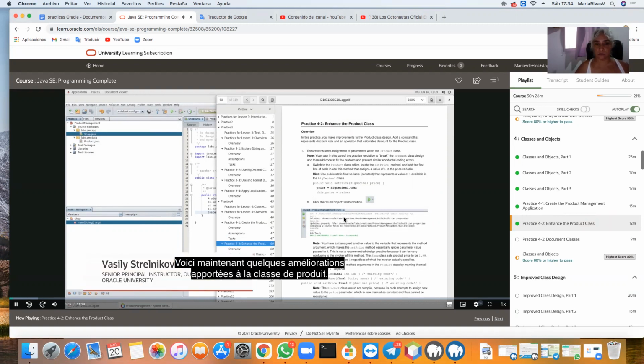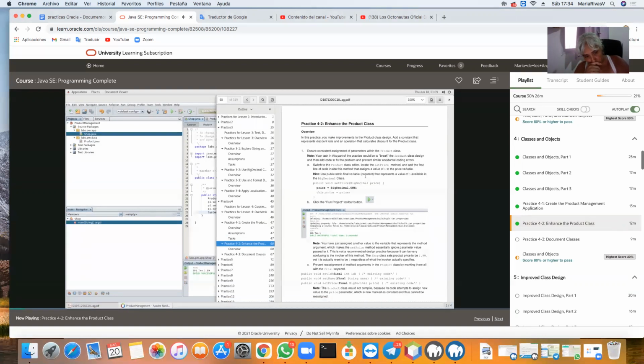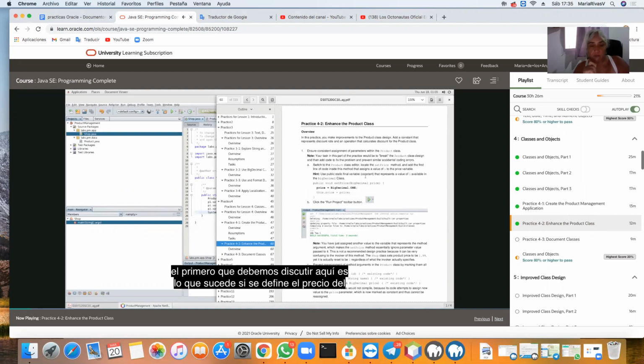Now, let's do some enhancements to the product class. First of all, what we want to do is ensure the consistent assignment of values in the product. There are several things that may go wrong. But the first one which we'll discuss here is what's going to happen when we set the product price,